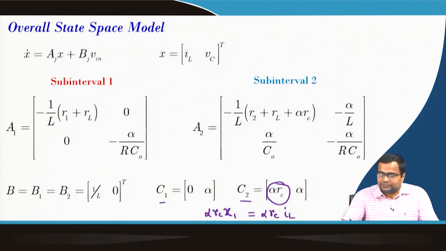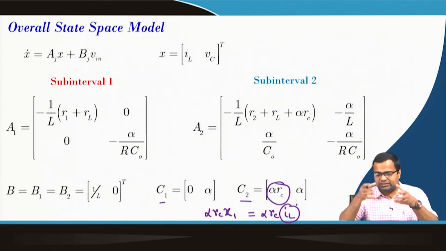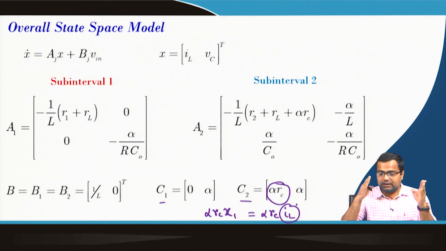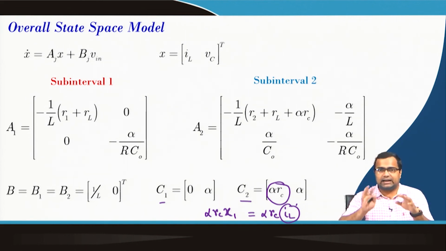When the switch is on, this will be 0; when the switch is off, the IL is connected. So, at every switching transition there will be a discrete jump in the output voltage due to this non-minimum phase behavior, particularly as the inductor current is connected and disconnected. So, the output voltage in a boost converter will have a discontinuous jump, whereas in case of a buck converter,